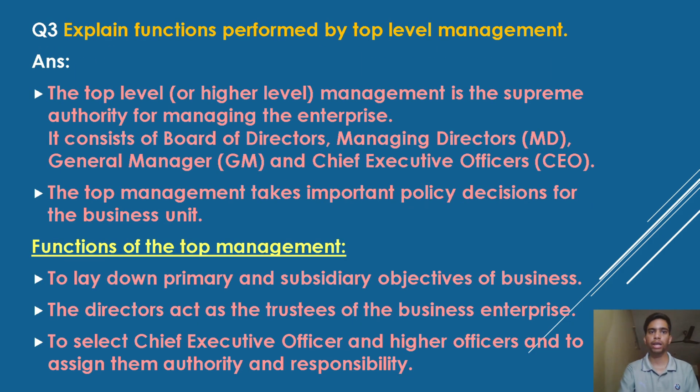Question number 3. Explain functions performed by top level management. Top level or higher level management is the supreme authority for managing the enterprise. It consists of board of directors, managing directors, general manager, and chief executive officers. The top level management takes important policy decisions for the business unit. Functions of top management: to lay down primary and subsidiary objectives of business. The directors act as the trustees of the business enterprise, to select chief executive officers and higher officers and to